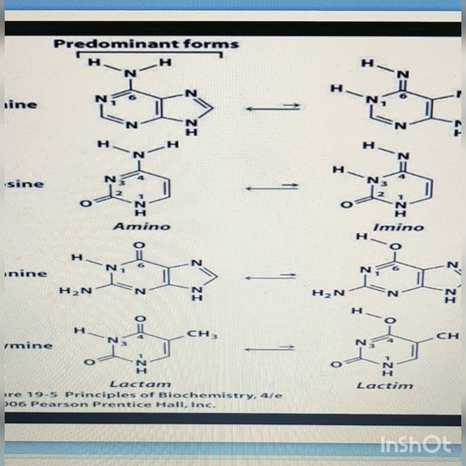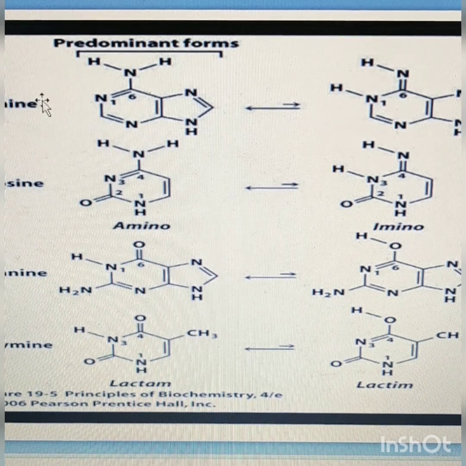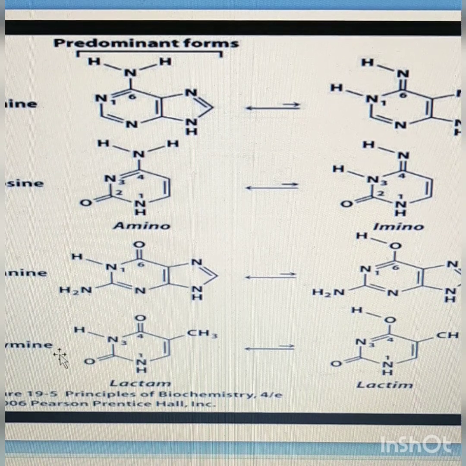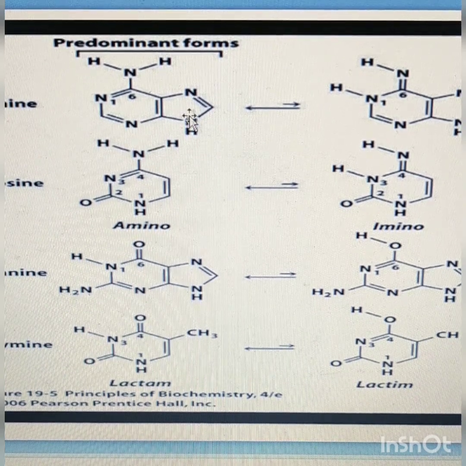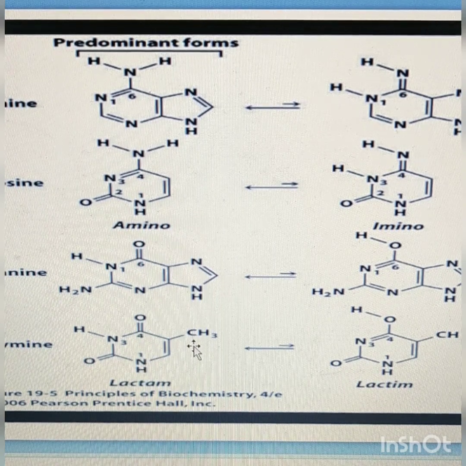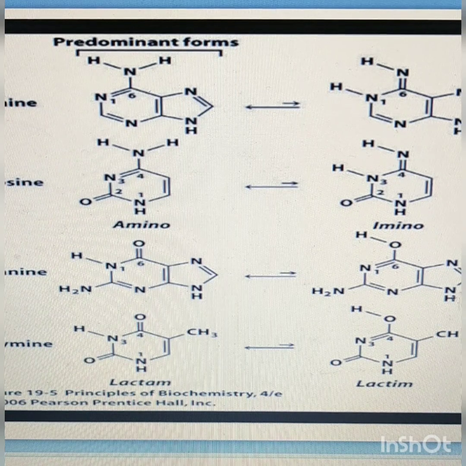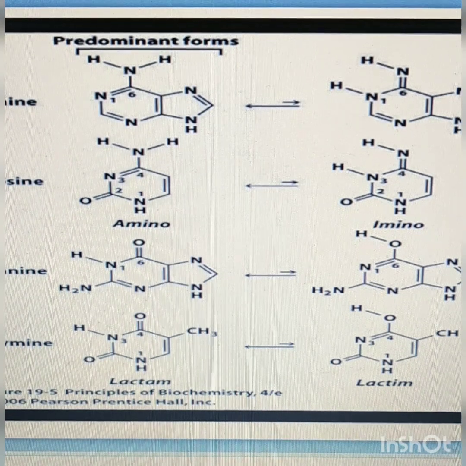To understand the DNA repair mechanism properly, you should be familiar with the different nitrogenous bases of DNA. There are 4 nitrogenous bases found in DNA, that is adenine, cytosine, guanine and thymine. The structures are like that. So these are the 4 nitrogenous bases found in DNA.